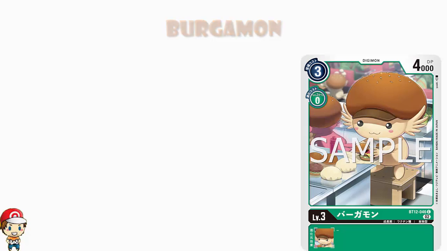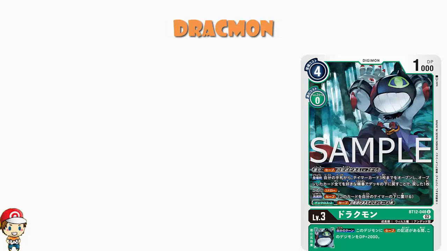Now, Dracmon is not a Digimon we are used to seeing as a green Digimon. We've seen plenty of Dracmon before in the Digimon TCG, but we've never seen it as a green before. It's always been purple. Well, now it's green. 4 cost to play normally, that's too high. 0 cost to Digivolve, 1,000 power, but it can Digivolve as a 0 cost from any level 2 if the